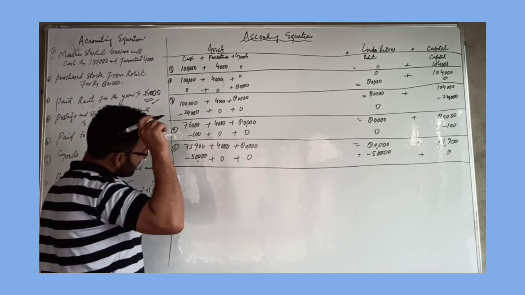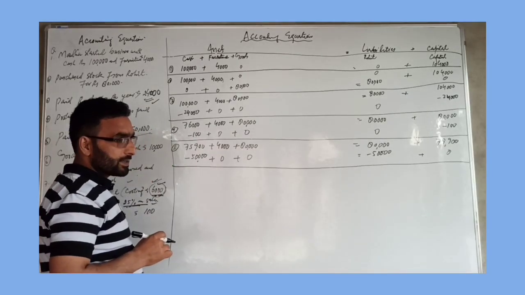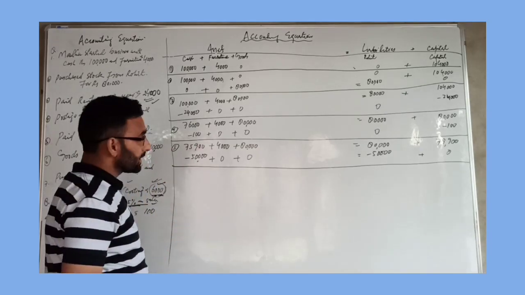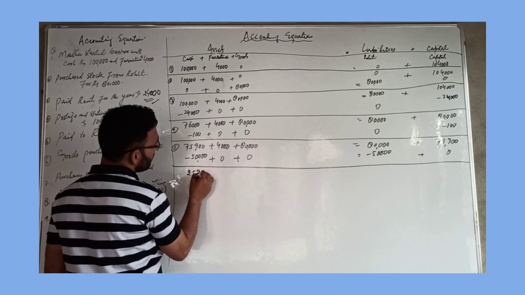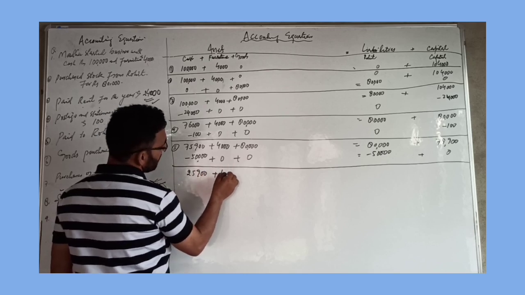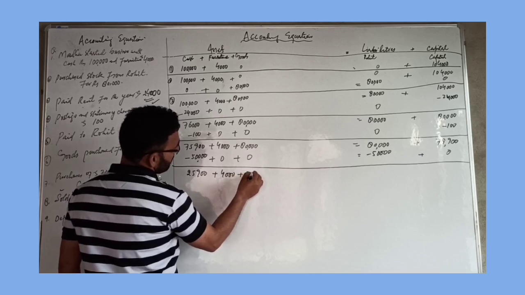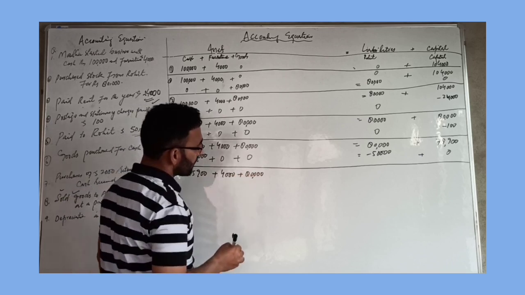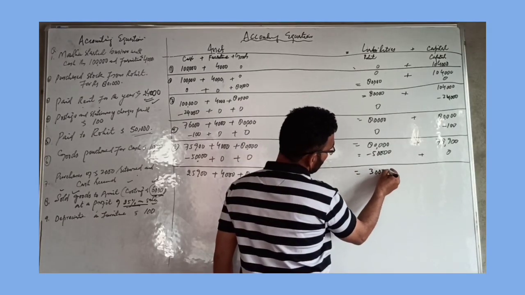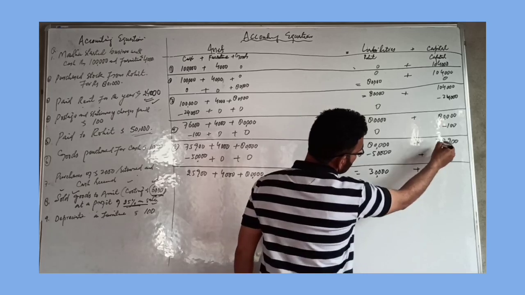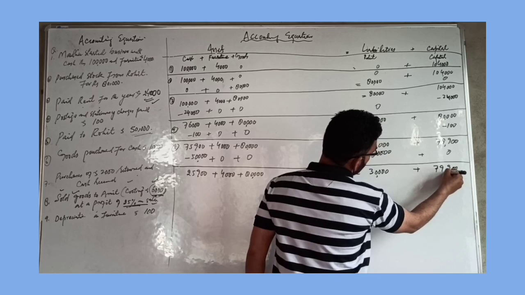Now the cash balance is rupees. Here we had cash balance 75,900. Now 50,000 goes and decreases. 50,000 has been paid to Rohit. Now it remains here 25,900. Furniture is 4,000 and goods 80,000. At the same time, the liabilities decrease here. That remains now 30,000 only. Plus 79,900, that is capital.